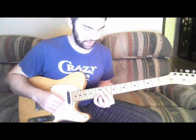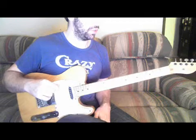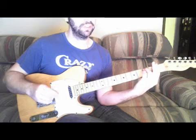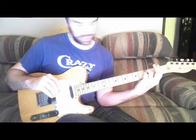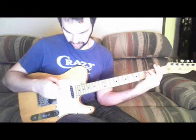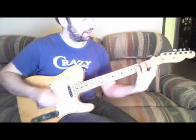So let's look at some of the other modes here and see how they stack up. Maybe I'll put it in context with something. Let's take this Wayne Shorter tune Iris, which starts off with a few chords that come from the major scale, and then he goes right into this part where there's 3 different melodic minor modes from 3 different keys that are placed right next to each other. So in order to be able to improvise melodically on it, you have to understand what the center of those chords is. So, starting from the beginning, you got F minor,